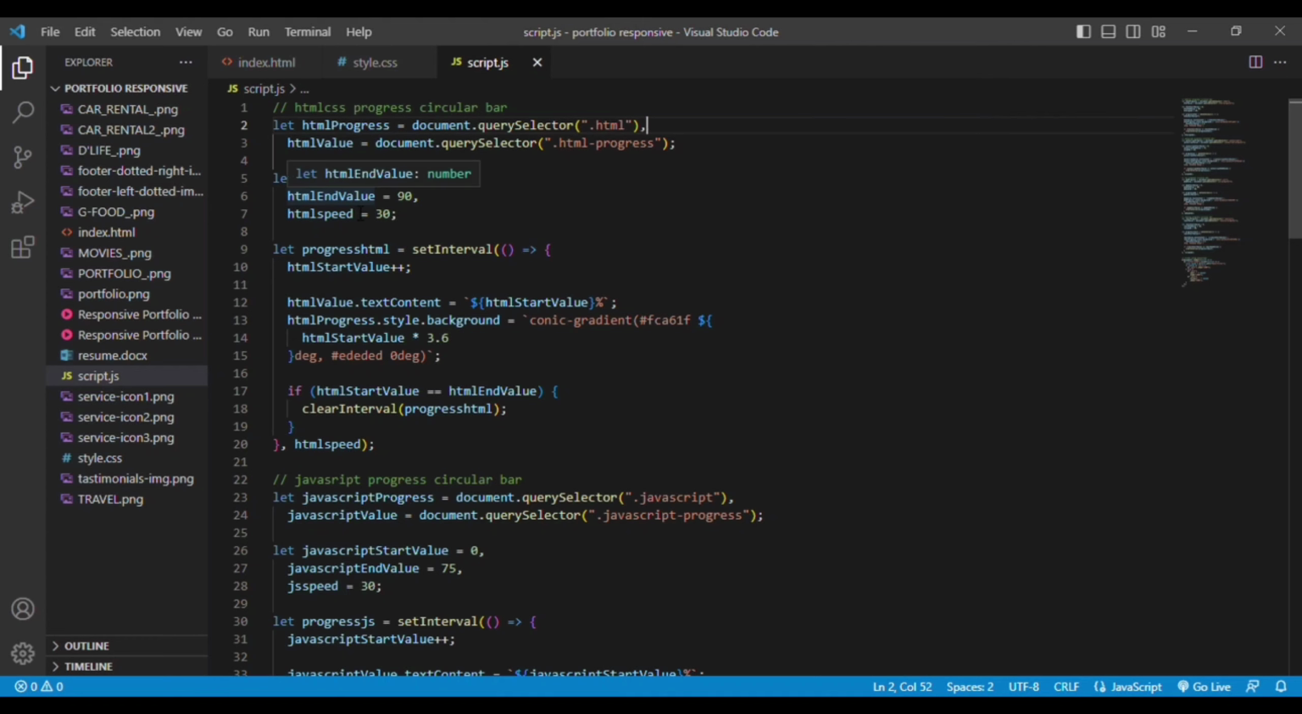So here we are mentioning let progress HTML set interval. This is a function, this is an arrow function. Normal functions are there, but arrow functions are mostly used in the latest ES6 version. So we are increasing the HTML start value plus plus, that is we are incrementing the HTML start value, so it is incremented once. Now here we have taken the HTML value which is 0%,